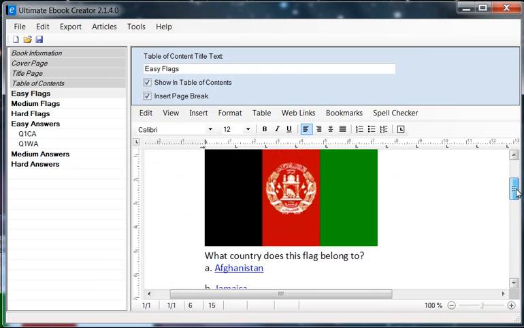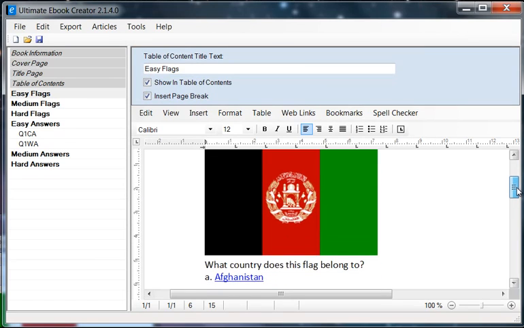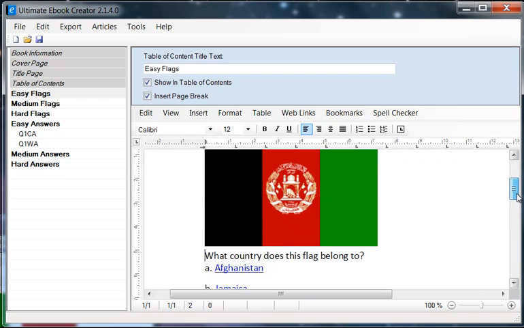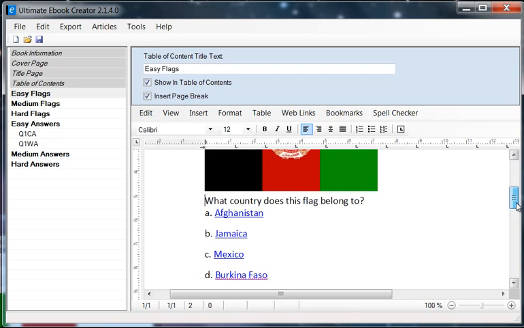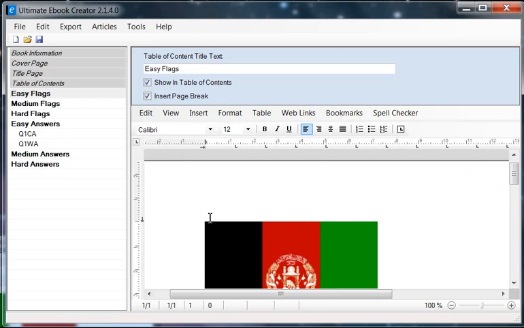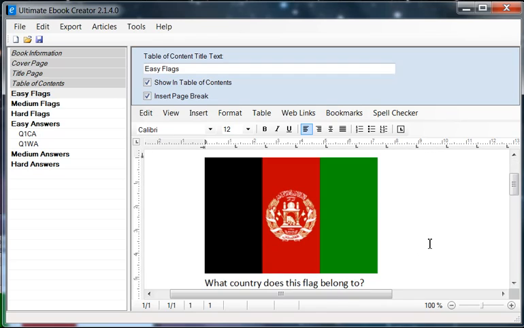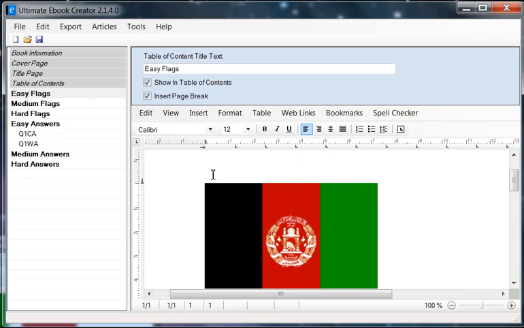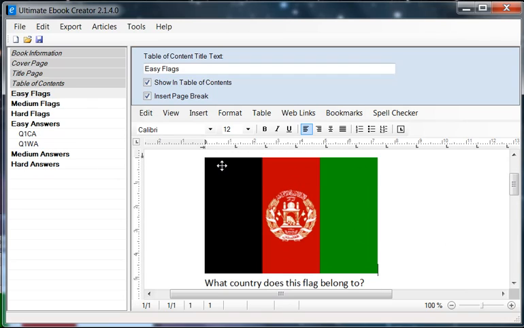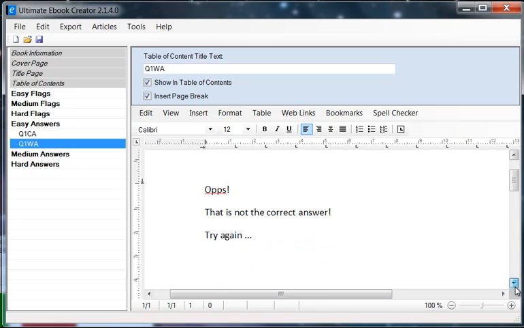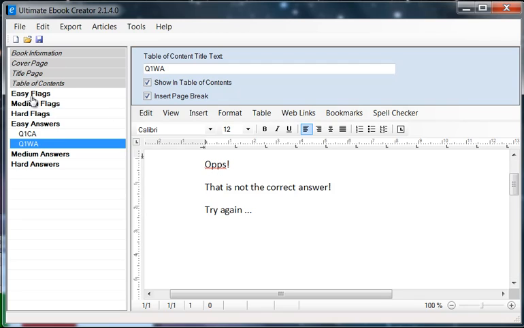Okay, great. So now what we want to do is we actually want to come back to these questions. So in order for us to do that, we need to put a bookmark right here, right at the beginning of this flag. So you can put it anywhere, but I would say that you can link to the top. So let's go here, and we are going to move on to the next question. But if we get it wrong, we're going to go back to this easy answer page, this easy flag,